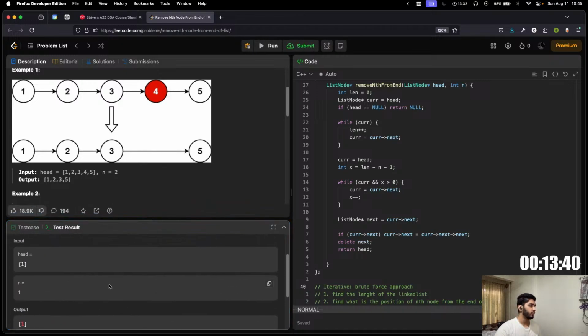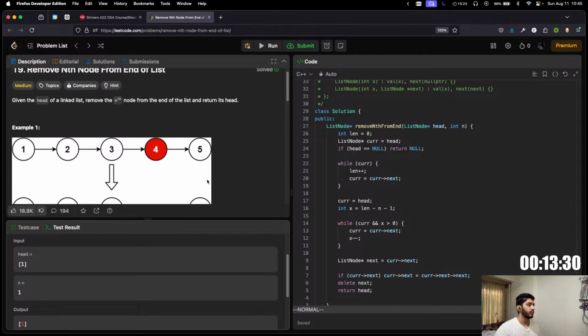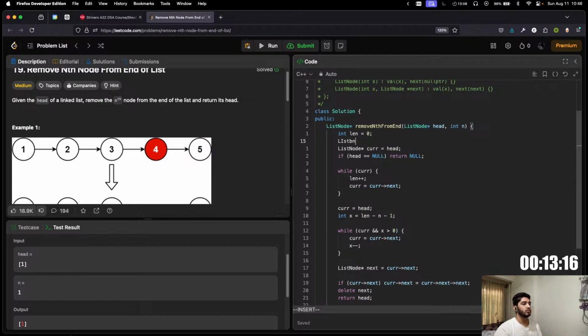Okay, we have a problem. Hmm. What happens when our nth node from the end is our head? We will have to use a dummy node for this. Dummy is equal to this, minus